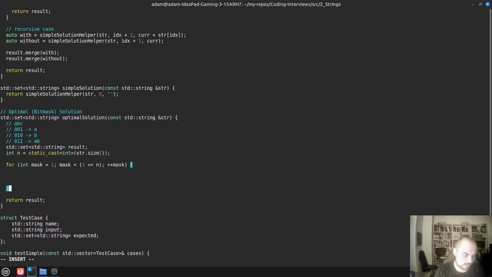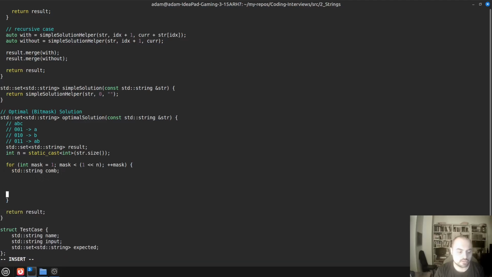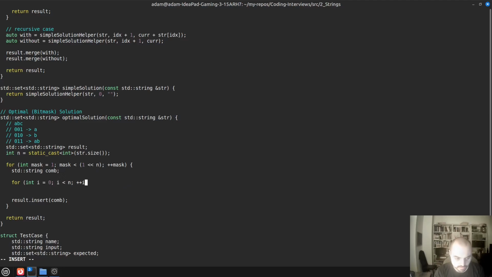Now for each mask we have one combination, which is a string. And this combination we insert to the result, at the end of the loop, result insert combination. And now how can we get this combination? We have to again loop, but this time not till 2 to the power of n. Those are the masks. Now we loop through the characters in the string. Yeah, so for int I equals to 0, I less than n, plus plus I,